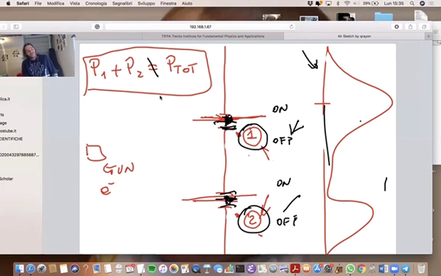Remember at the beginning of the year, I told you, you're gonna be fighting your intuition. Something's gonna be fighting with your neurons, because your intuition is that something is either here or there, and whether something is here or there doesn't depend on me measuring some property. It's either here or there, right?